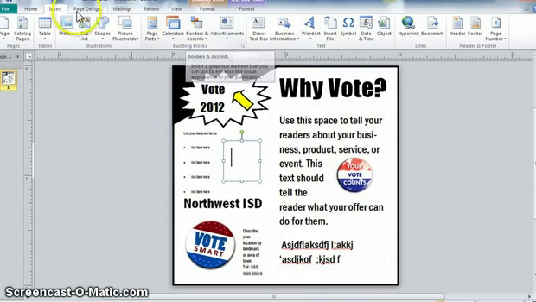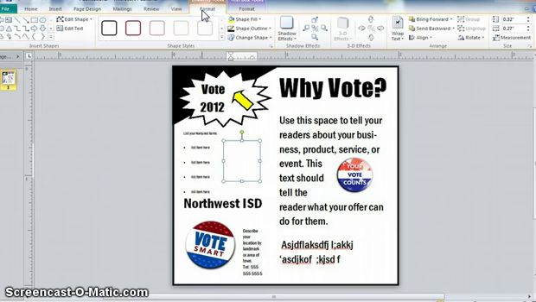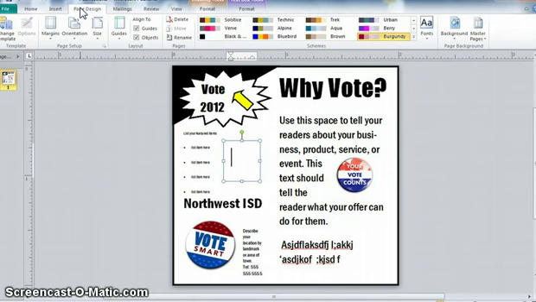I didn't go over borders, but all of those things are here under the insert part. The other part that you'll probably want to use is format. That'll allow you to change the looks of things, and possibly page design if you really want to get into detail about the different colors. But that's a brief overview of what Microsoft Publisher is and how you can use it to create and